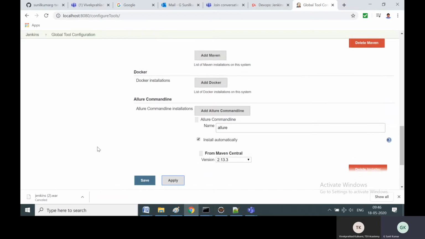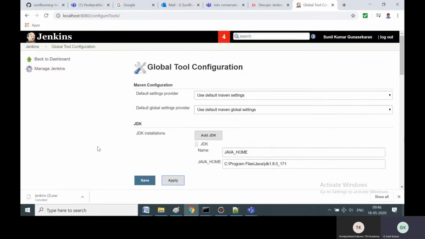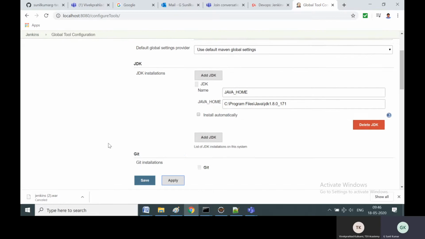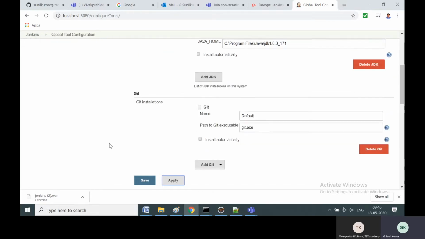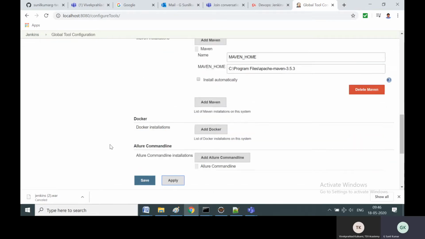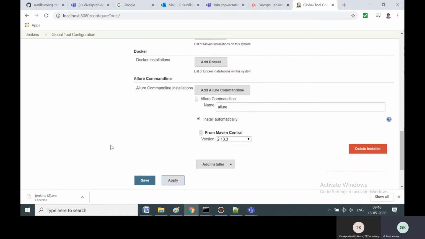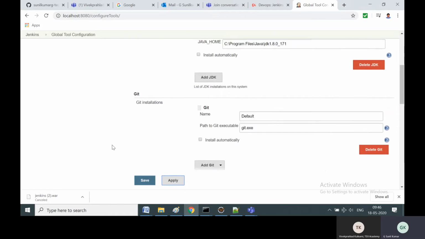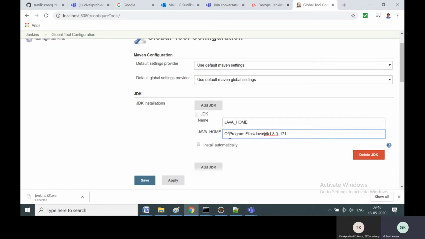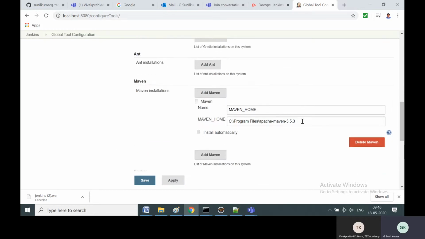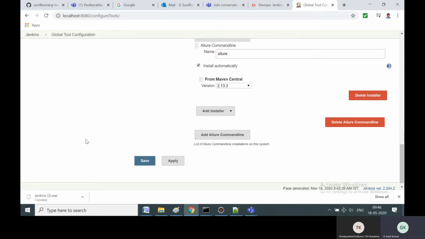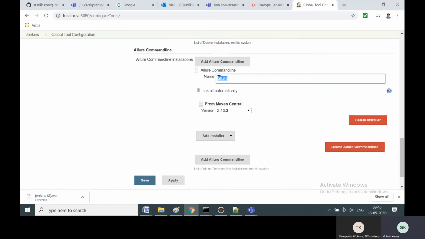So before I come out, I hope you guys are very clear. We have just started Jenkins, and it is very blind. It doesn't know where Java is located, where Maven is located, and where to download Allure. So you have to specify the Java home location, the Maven home location, and which version of Allure to download from where.